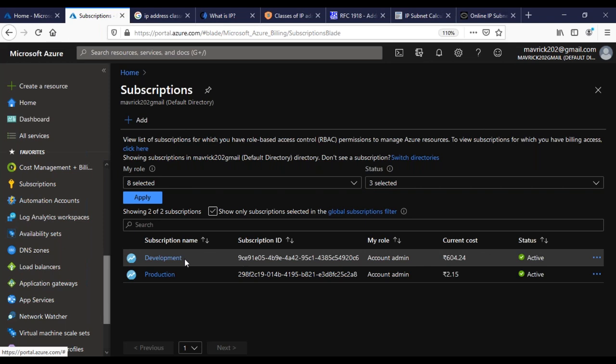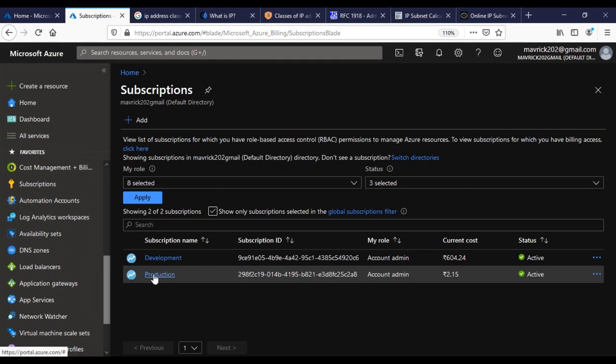A subscription will help you in two things. One is to assign the permissions. The second thing is you will understand at a high level what cost you are incurring. You can simply see why this subscription is costing more, what is being used, what is happening. It will give a high-level overview. So normally this name is given by me, guys.